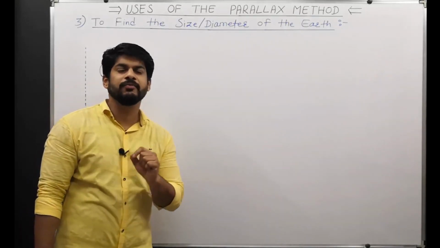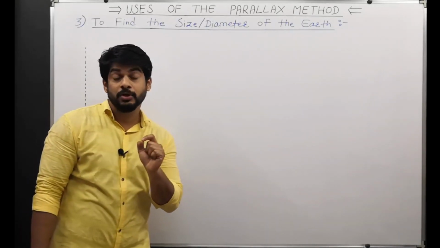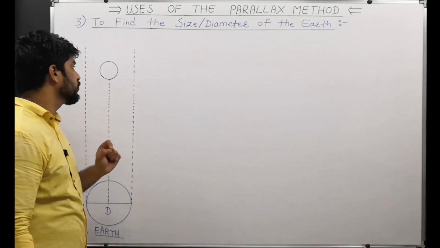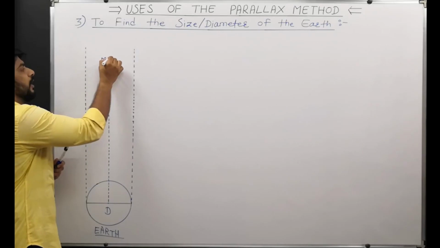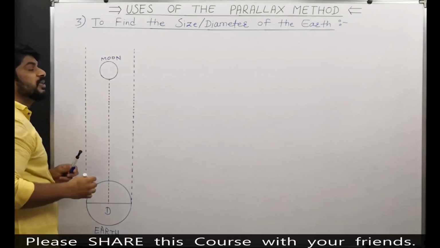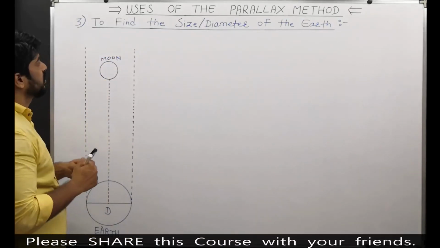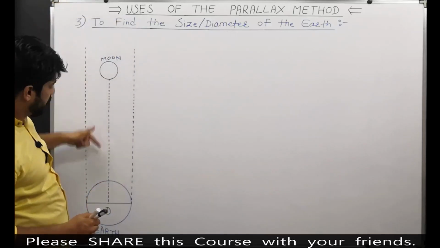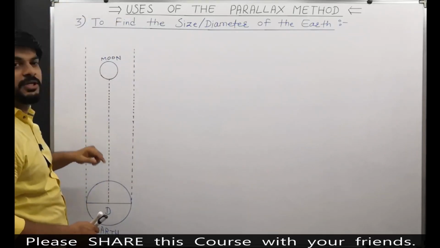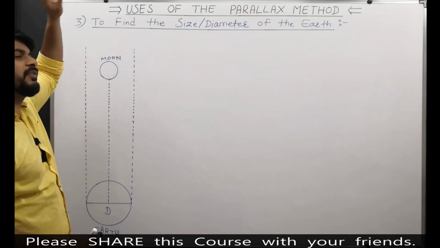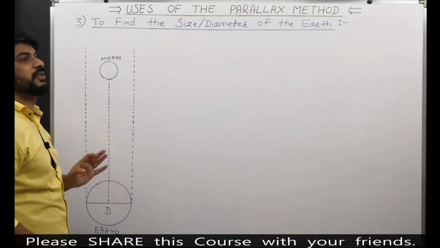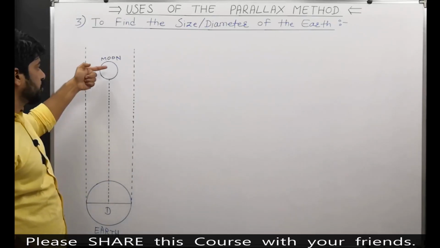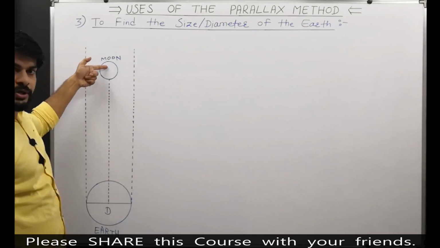Now we also require what? A nearby object. So what we will do here is we will choose the moon as the nearby object. The star is very far in comparison to the distance from the moon to the earth. The star will be somewhere very far, so we don't need to care about that. We just have to observe it.